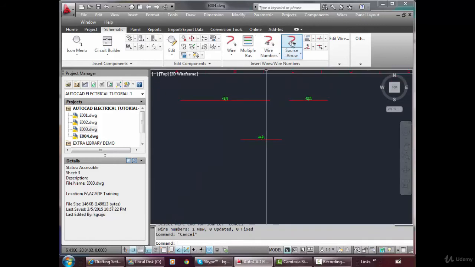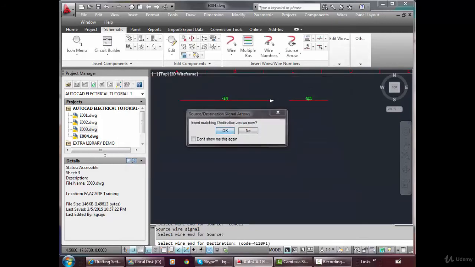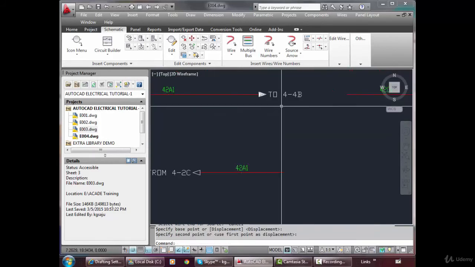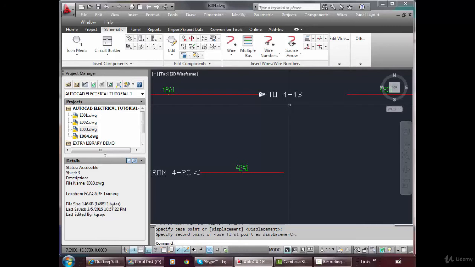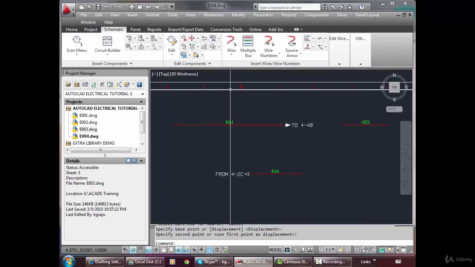And if I do the cross referencing, so I am putting source destination arrow, suppose 4 110 P1. I am picking this, moving this a little bit here. It is showing it is going to sheet number 4, 4B.